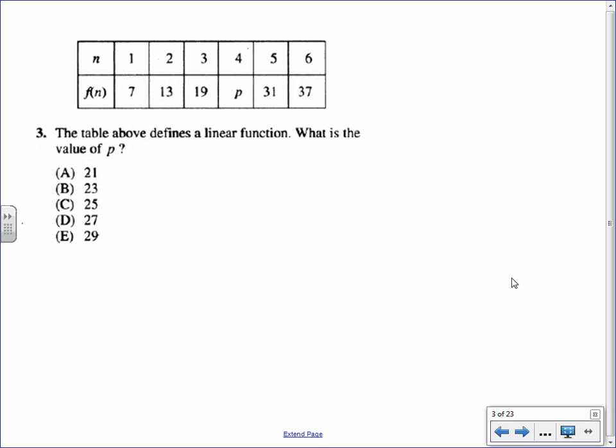This is question 3, test 2, section 8. The table above defines a linear function. What is the value of p? So linear function, this means